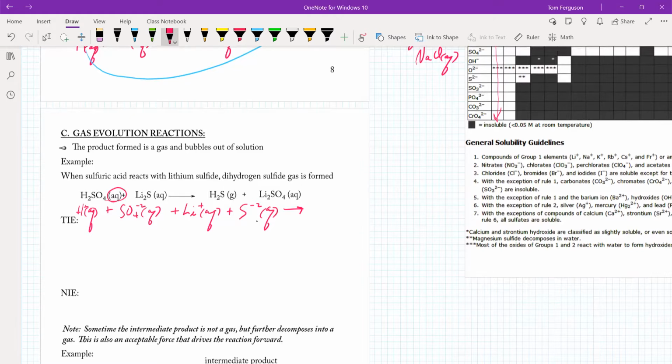And this forms the gas H2S, hydrogen sulfide, nice stinky stuff. And the lithium